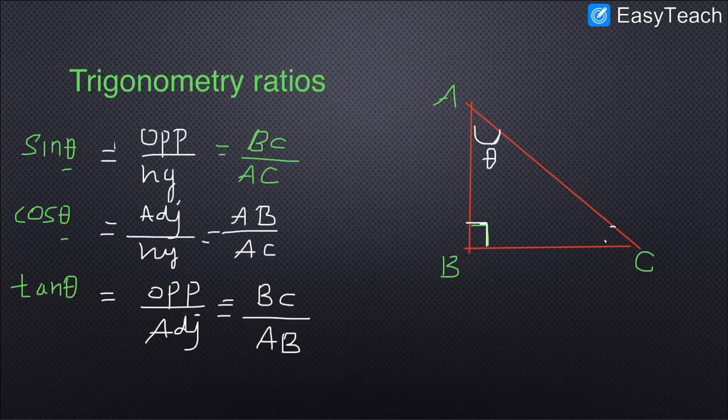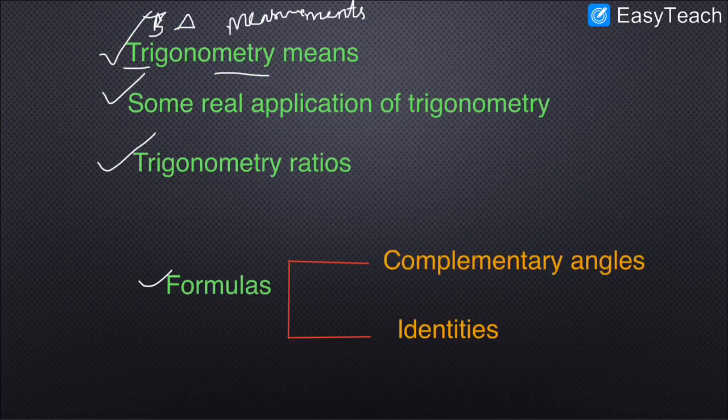If you want to memorize with a trick, I will give one clue. Look here at sin theta. In the word sin we do not have O, right? So the numerator must have O, so opposite by hypotenuse. Both denominators should have hypotenuse. I am talking about only sin theta and cos theta. Here in sin we do not have O, so I put O here, which is the opposite side. In cos theta it already has O, so we choose the other side, which is adjacent. Both denominators are hypotenuse. This is just for memorization purposes, not actually the rule.